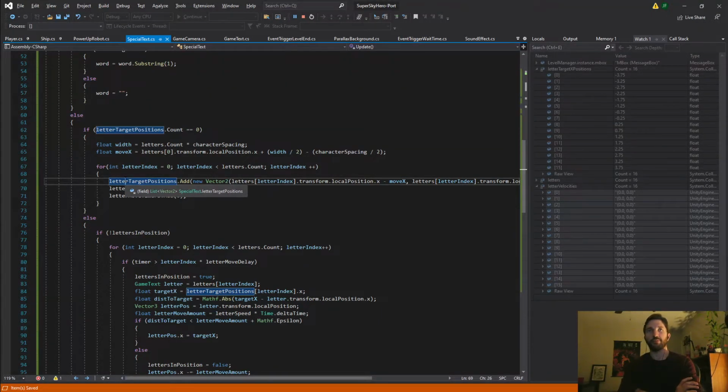Well, I mean, the current way that I think about pre-generating the path is that